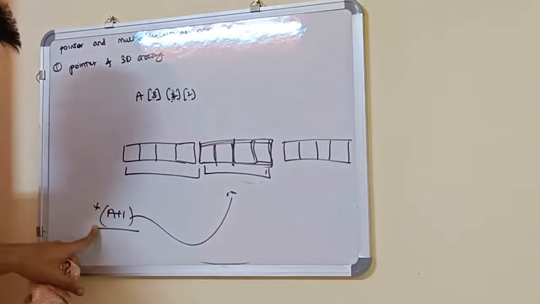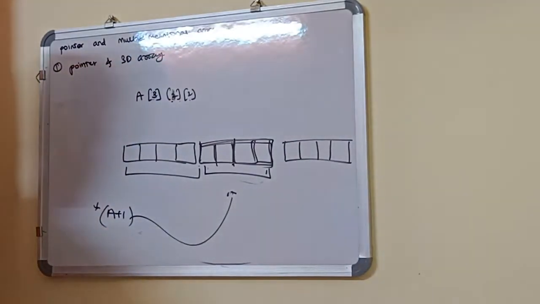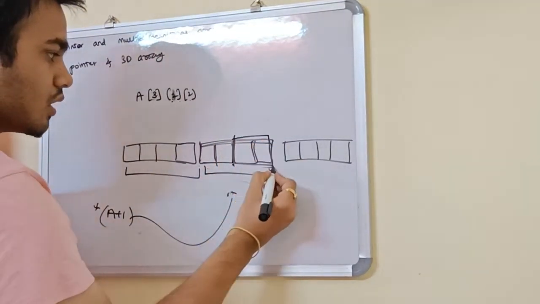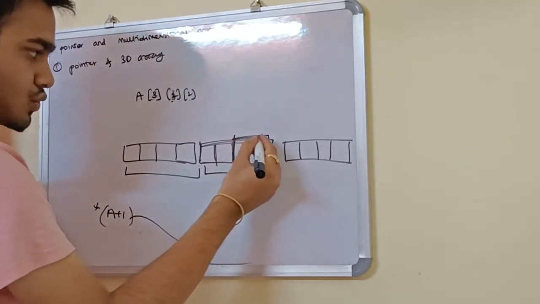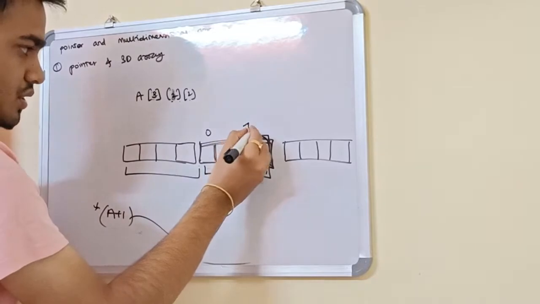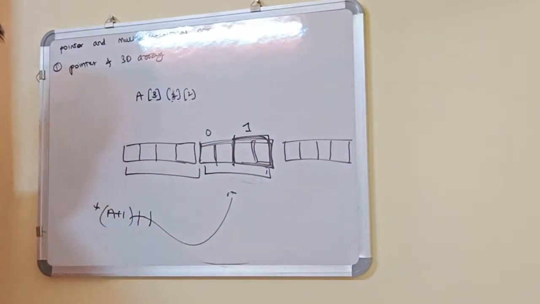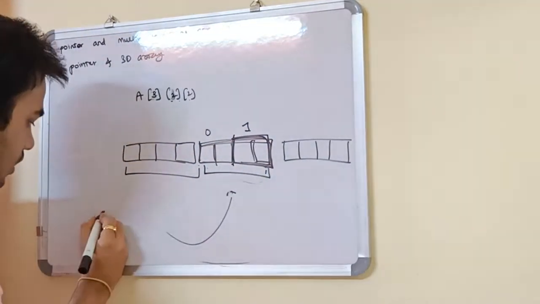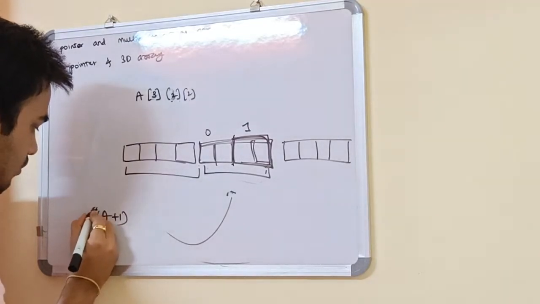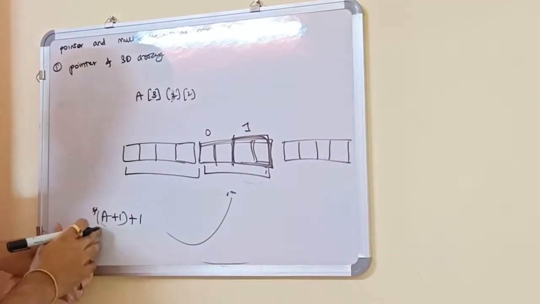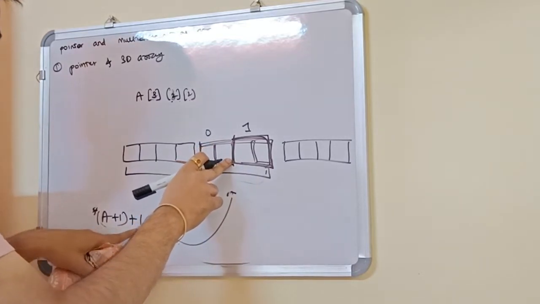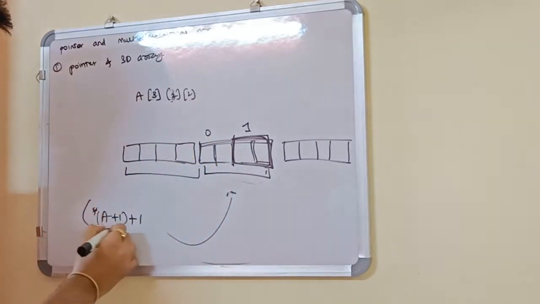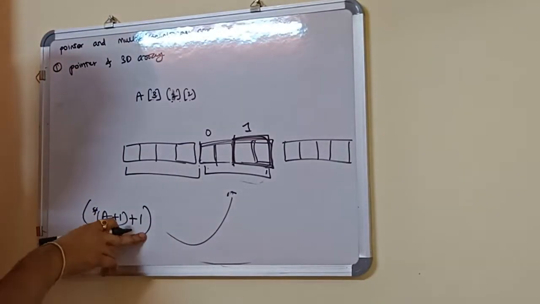Now after I'm inside a 2D array, let's suppose I want to go to this row. In a 2D array there are two rows, so I want to go to this row. This is the 0 index, this is the first index, so I will do (A + 1) star plus 1. So actually we are first going inside this first block, and in that again we are going to the first row, so we have gone to the first row.